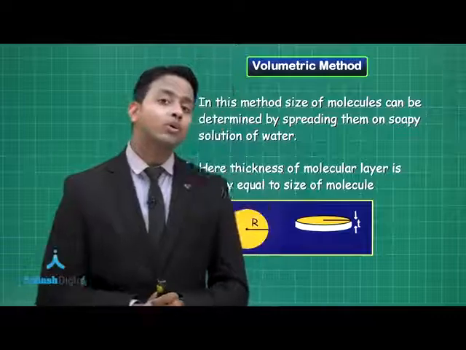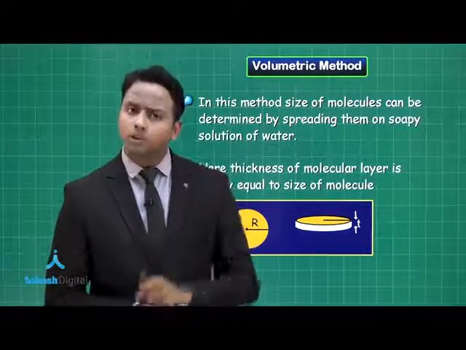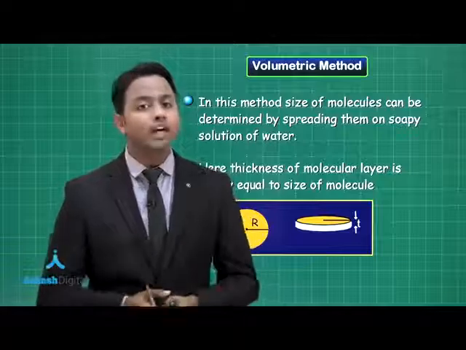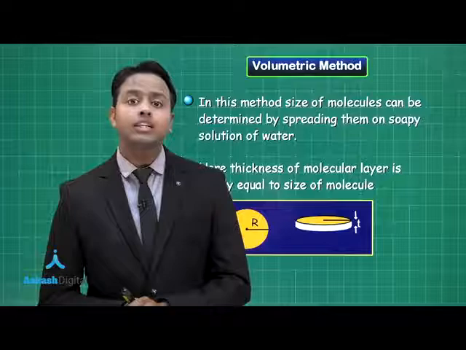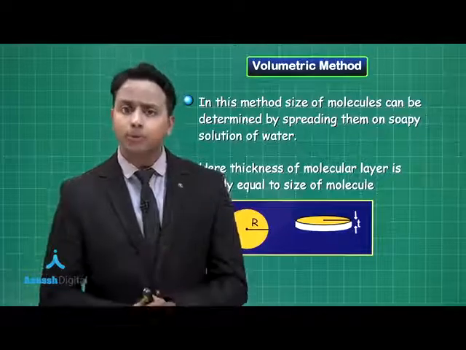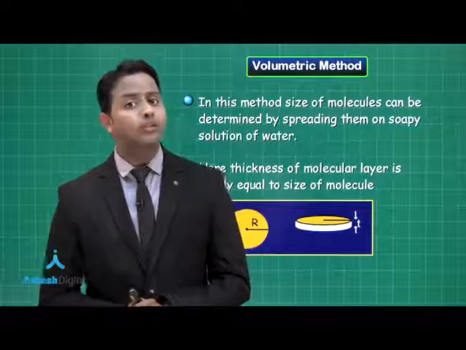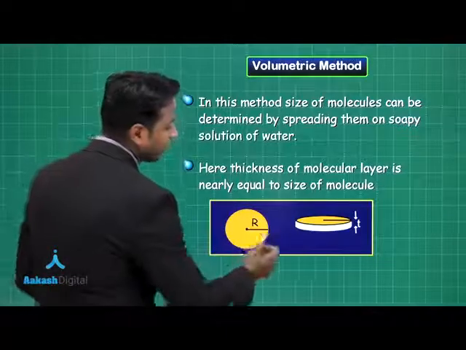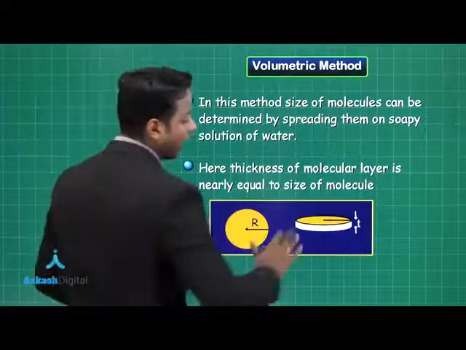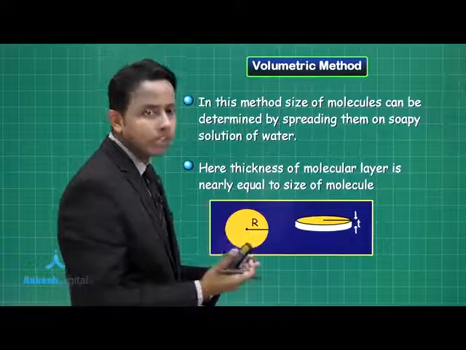Now we are assuming over here that the surface formed by the oleic acid is almost circular in shape. So the area of that we can find out. The area of that oleic acid layer is taken with the help of a graph paper, and then the thickness of that molecular layer is also measured. So here I have taken the sample. This is the surface of the oleic acid we can see from the top view, and this is the side view. So this thickness we can measure using different devices.